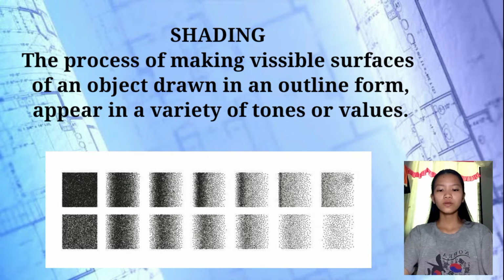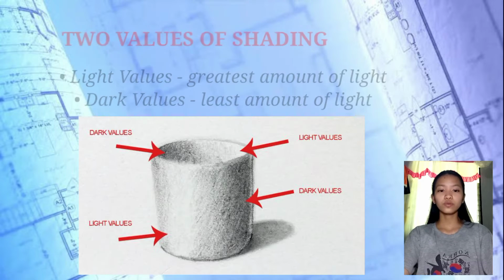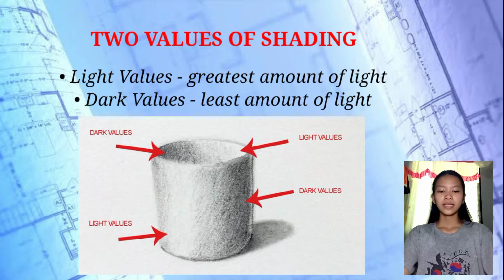So in this part, we will allow ourselves to pinpoint light and shadow areas as well as the other details in a sketch or subject. So before we go to the kinds of shading, let me introduce to you the two values of shading, the light values and dark values. Light values represent the surface receiving the greatest amount of light, while the dark values represent the surface that has the least amount of light. So